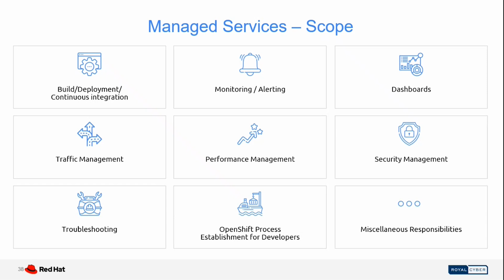The day-to-day activities, troubleshooting and alerts are covered under the troubleshooting options, and for build and deployment in the OpenShift environment, we have the continuous integration part. We also cover the OpenShift processes, their establishment, and support for the developers. Apart from this, for miscellaneous responsibilities and IT operational activities, we send technical reports daily to